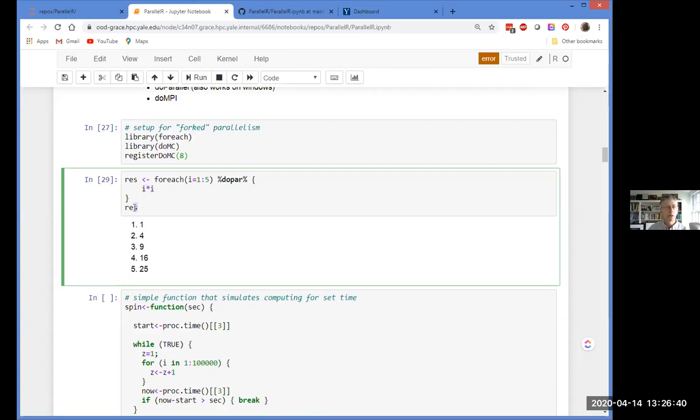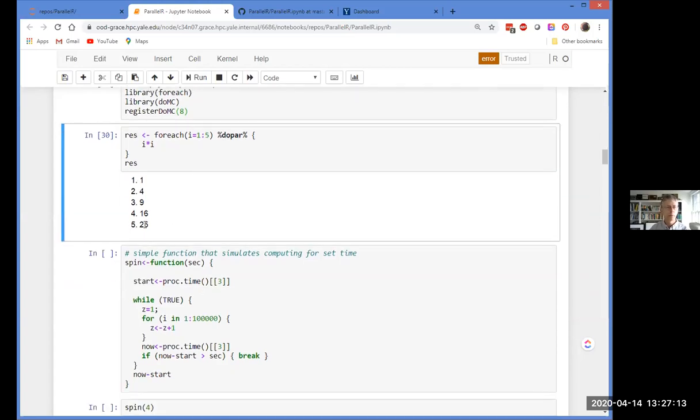And then I just print out the value below, because what we've done here is to assign the list, which is the return from foreach, to res. Okay, so that's all there is to that. And you couldn't really tell, this is such a simple computation, but this execution was actually farmed out to 5 different workers that are running on my allocation on Grace. So these 5 values were actually computed in parallel.